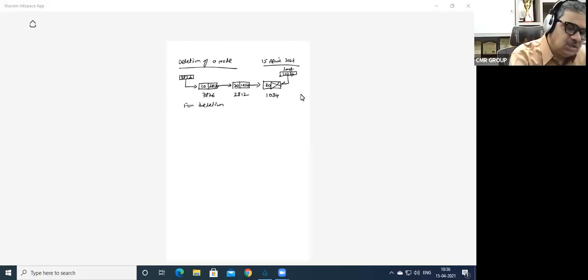For deletion, check whether the list is empty or not. If the list is empty, that is, no nodes exist, then deletion is not possible.